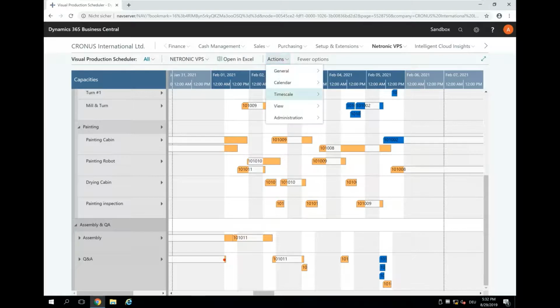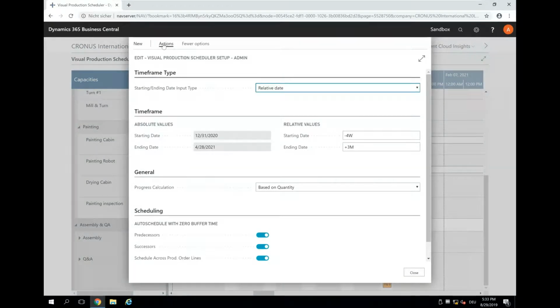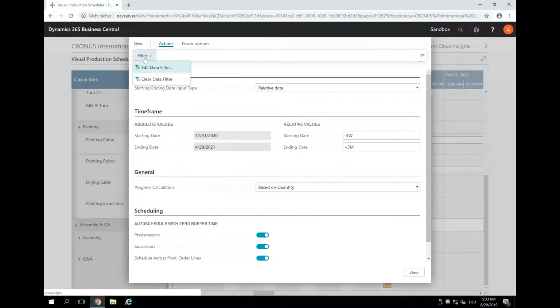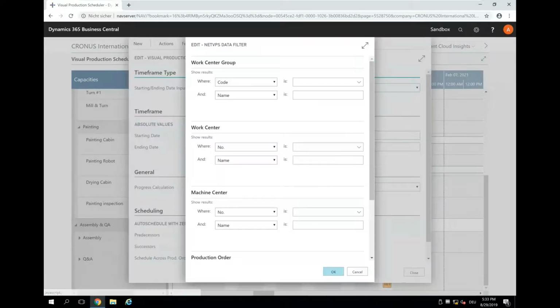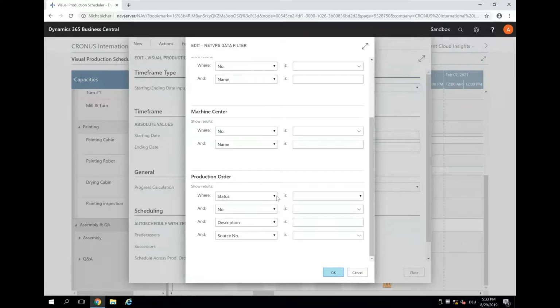This is also something that you do under admin setup. Then under actions, there is filter, and I can edit a data filter. And then I can filter on work center group, on work center, on machine center, on production order. So let's say I want to filter the production order status, and I only want to see my released ones. I say, okay,